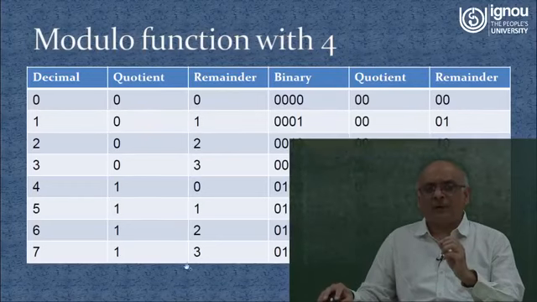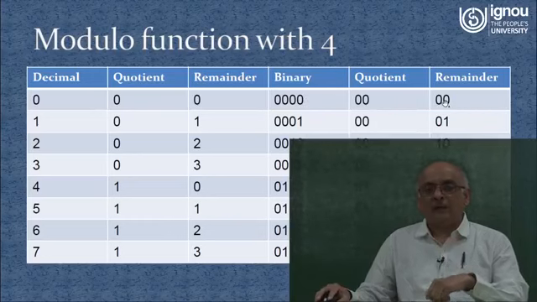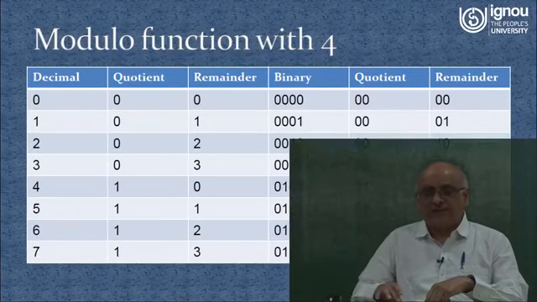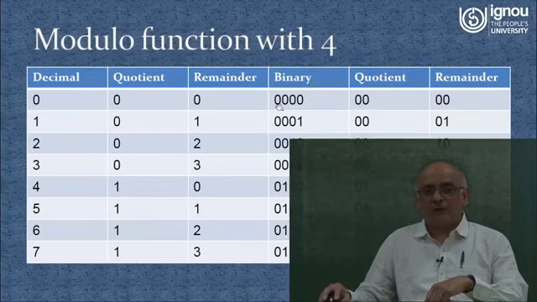Now this direct modulo function has a very interesting property when we go to binary data. What you can see here is, in case of binary, I take modulo by 4. There are 16 teams, from 0000 till all ones, and we take the same modulo by 4. When we take modulo by 4, the remainders are identical: 0, 1, 2, 3, 0, 1, 2, 3.